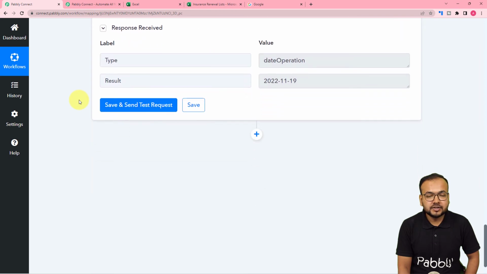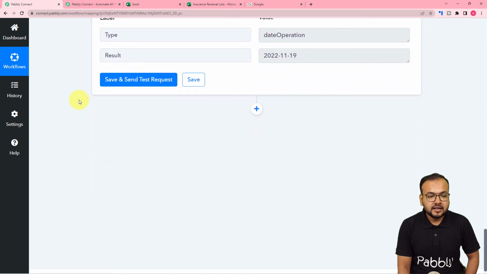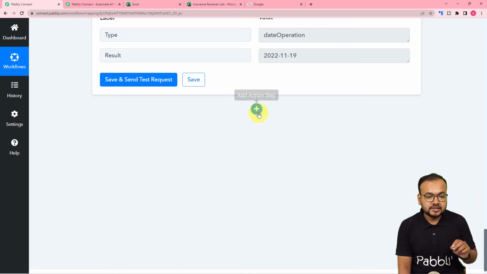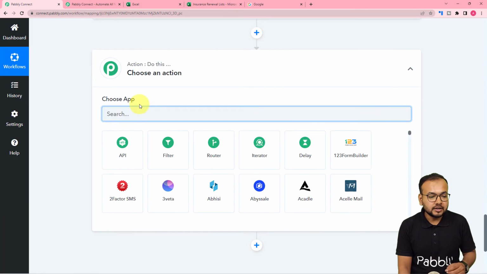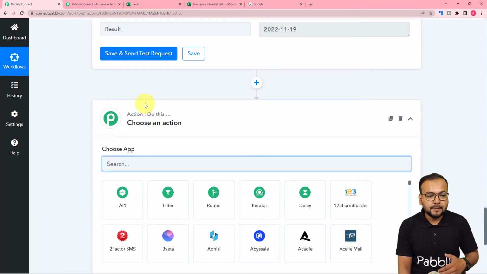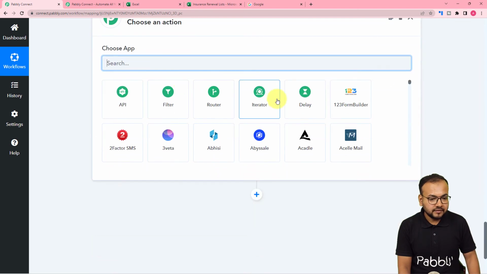Now we got the date on which we can send the reminder emails. Now to send the reminder email exactly on this date, we have to stop this workflow here. And I want that from here, the workflow should continue at this date only and send the email. So to put a halt here in this workflow, just click here on this plus icon, and from this action step, use delay feature of Pabbly Connect. So delay is going to put a halt on this workflow up till this date. Okay, so find delay here,